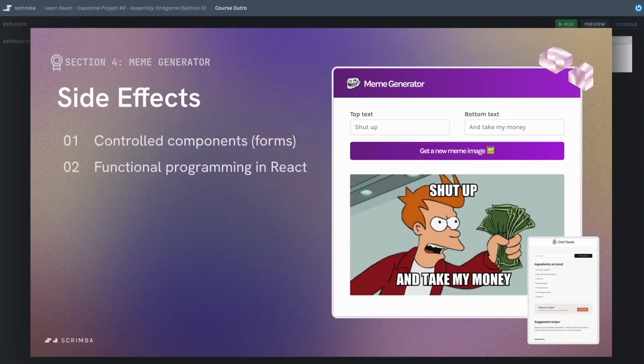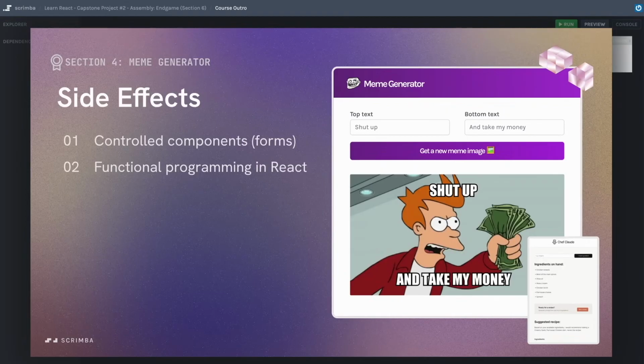Then we talked a little bit about how React has a philosophical basis in functional programming. We touched on the concepts of immutability in React and how our components shouldn't affect any outside systems from themselves. However, the purpose of the side effects section is to learn how we can use an escape hatch from that functional programming paradigm when we absolutely need to.